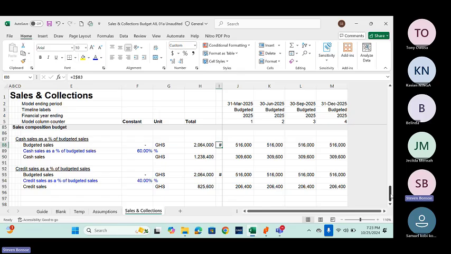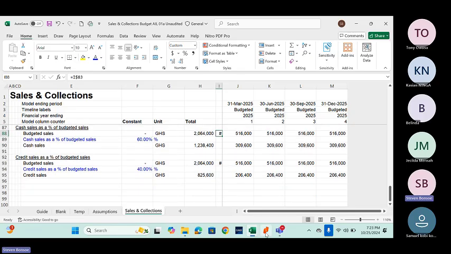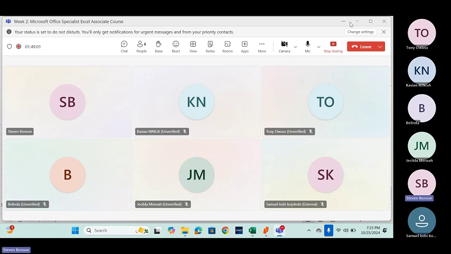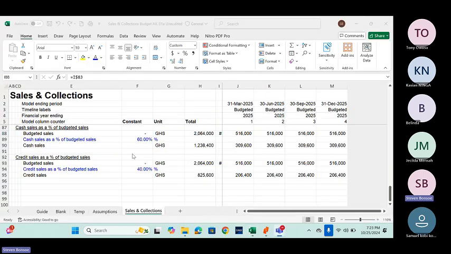We are going to apply row anchoring and column anchoring again so that it becomes even clearer. But before we do that, let's take a quick break. And then when we are back from the break, we would continue